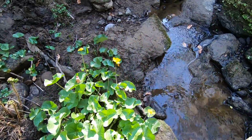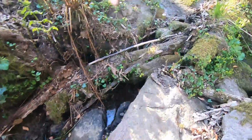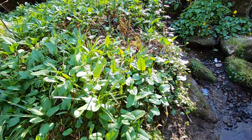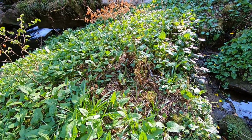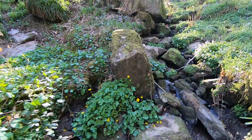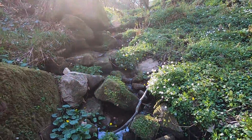Some marsh marigold, not recommended for eating, toxic. I don't know what the tiny plant with light green flowers nearest the water is. A nice sunny patch of common bistort, proving how common it is, and over here a patch of wood anemone,